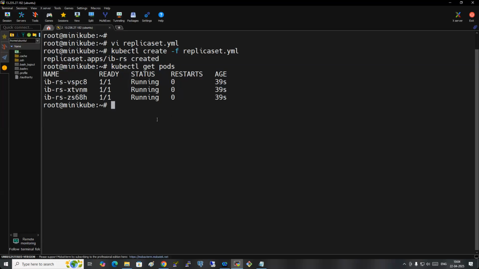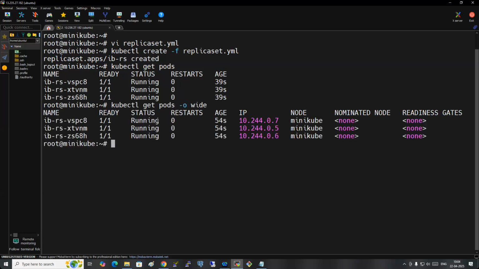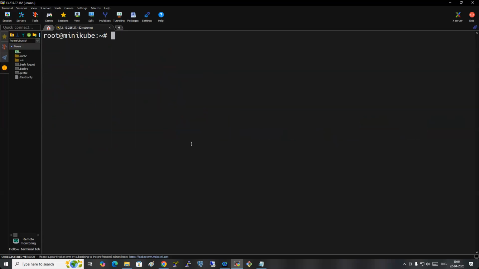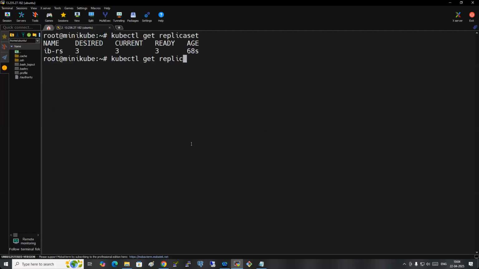Can you get more information about the pods? kubectl get pods -o wide. And how to list the replica sets? kubectl get replicaset. Or else, in shortcut,